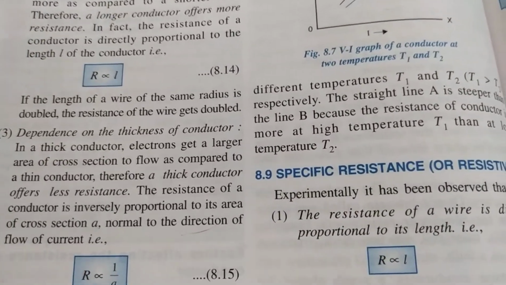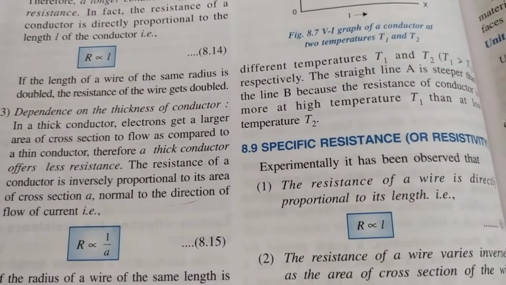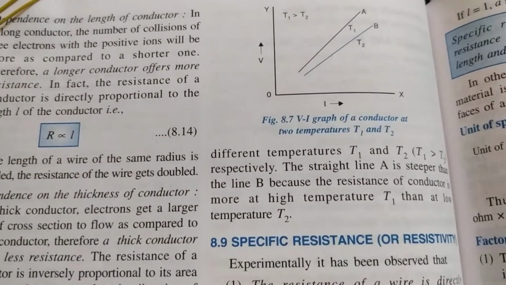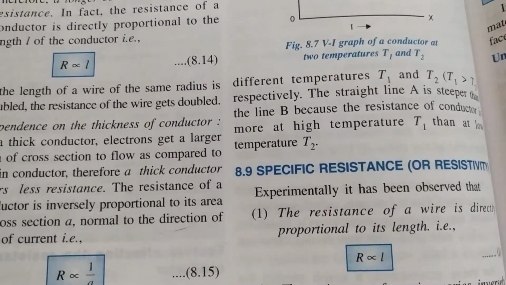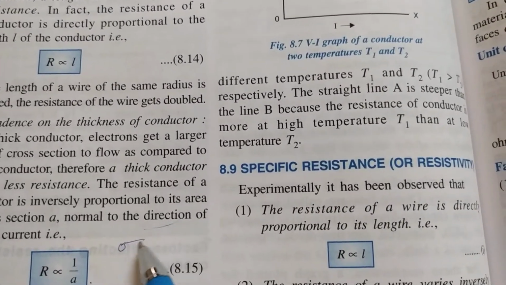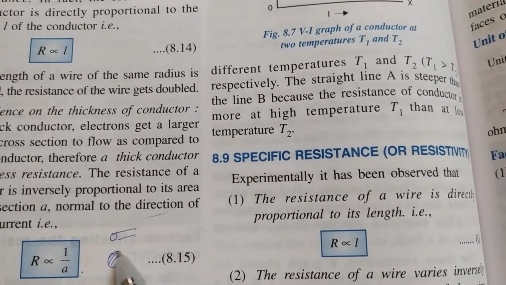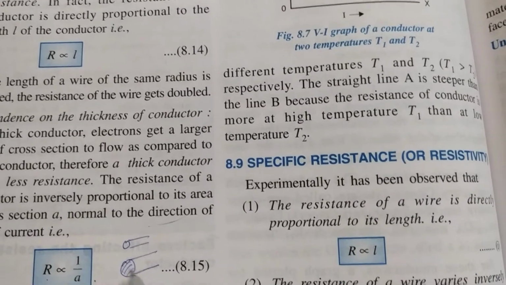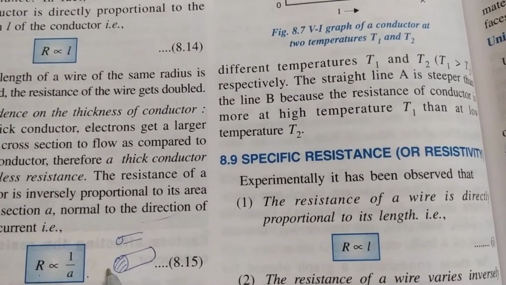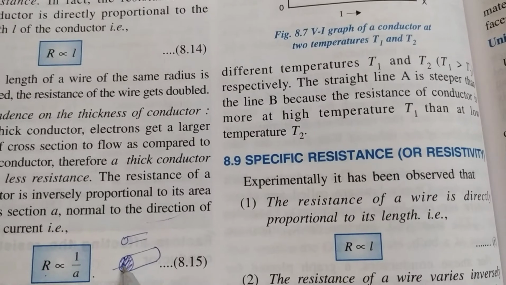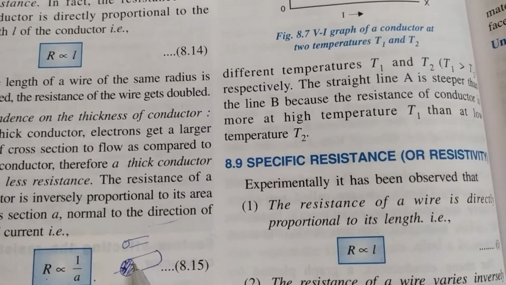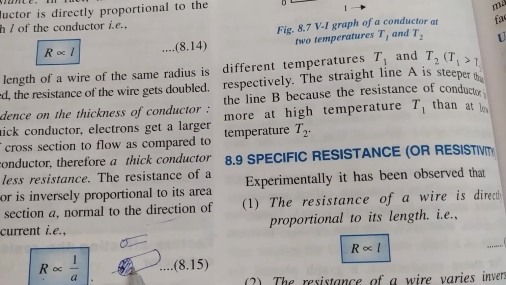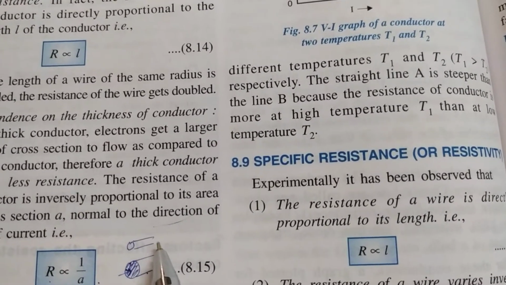Third point is resistance depends upon the thickness. And how does it depend upon the thickness? More the thickness of the wire, more will be the area of cross section. Thicker wires will have more area of cross section, so less will be the resistance. Reason being, once provided potential difference, more electrons from that cross sectional area will drift, so more current will be constituted. That's why there will be lesser resistance of the thicker wires as compared to the thin wires.